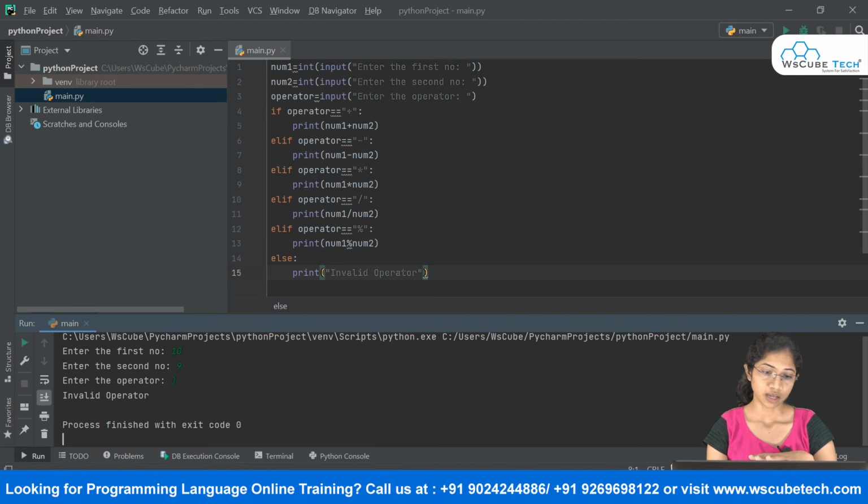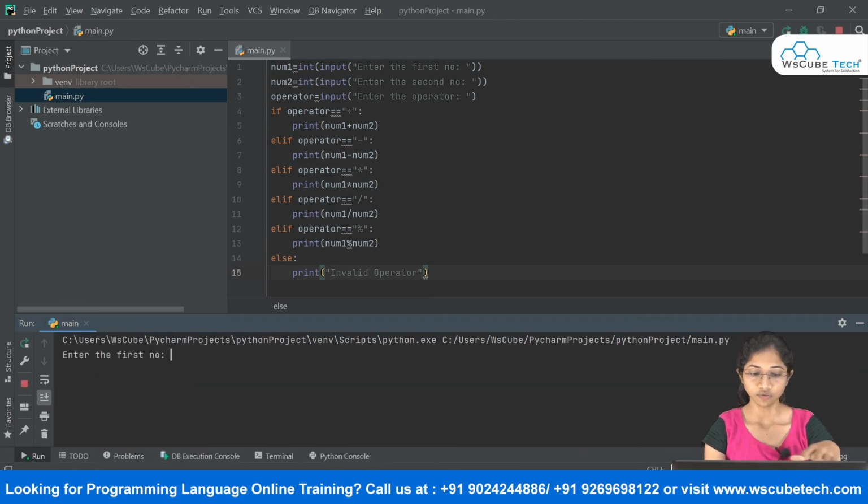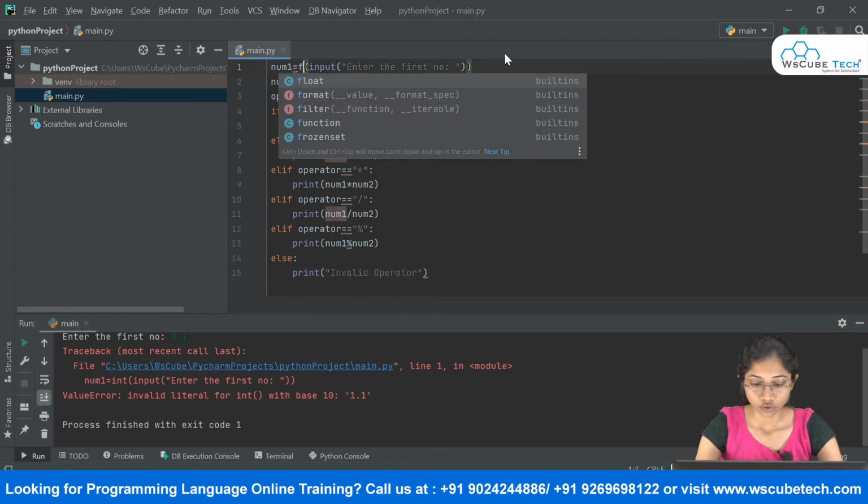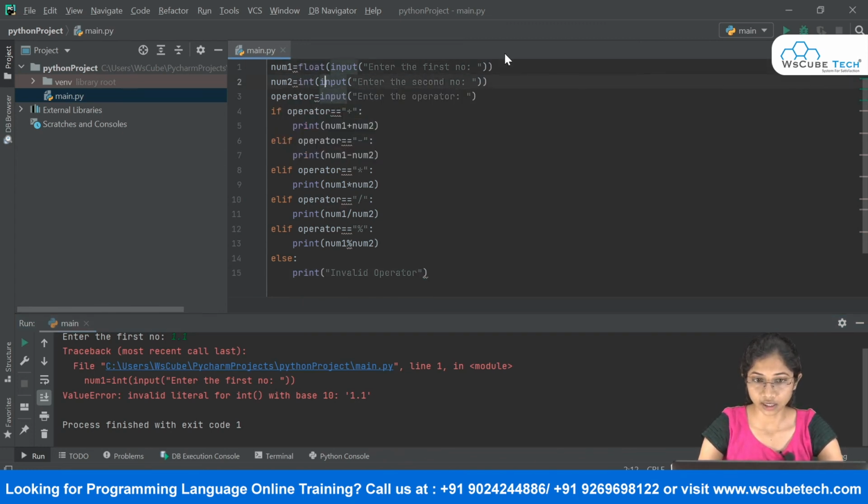So this works fine now, but let me run this once again. And what if I give the input as a floating point number? Now it has raised an error over here, because as you can see we have done the type conversion as int. So why not just make it float? All right, so this would work for my integers as well. So I would be able to perform all these operations in case the inputs are floating point numbers, that is, if they have decimal numbers inside.